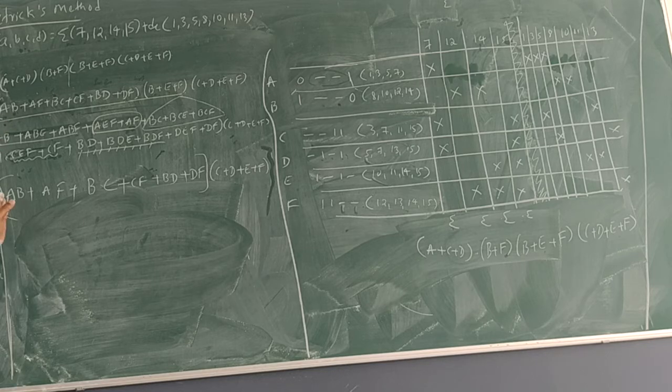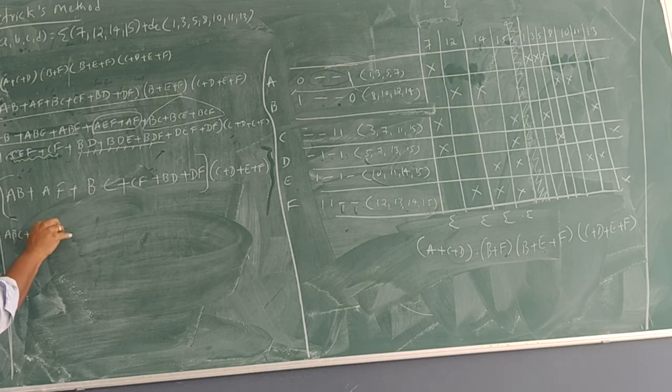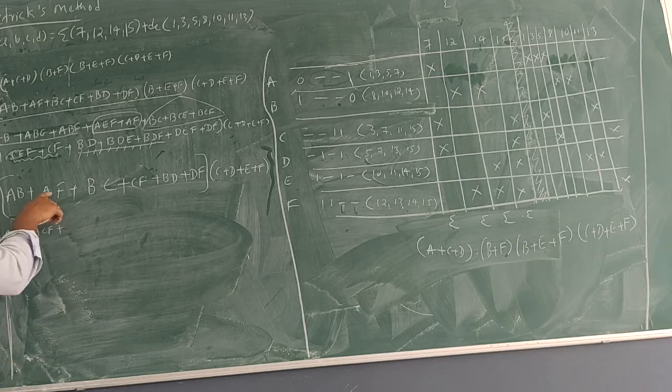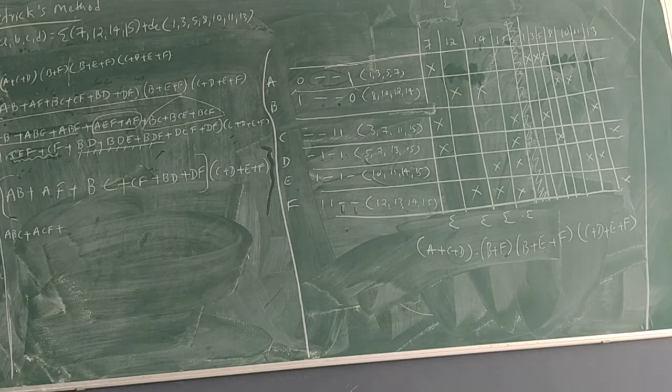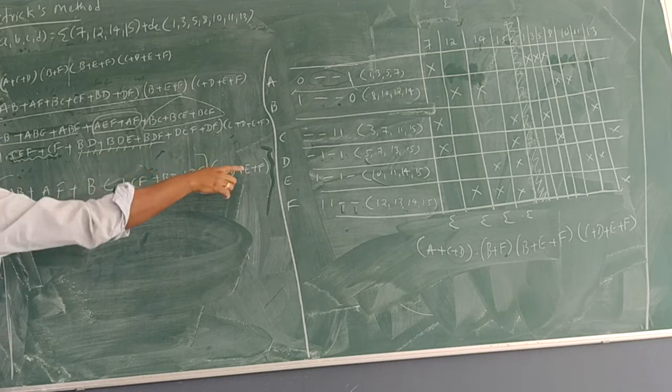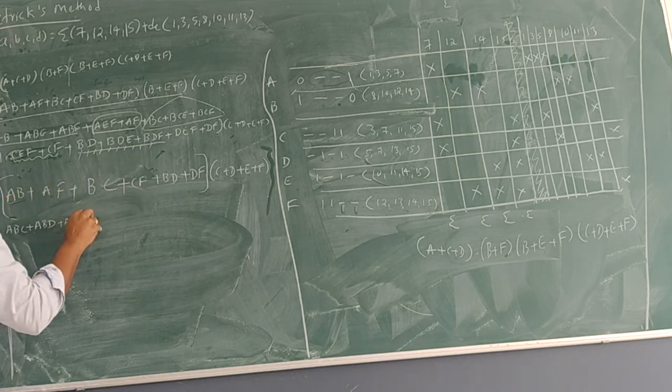Okay, let's go for expansion. First, AB into C. What will we get? ABC. Sorry, I think I have written it in a different way. First one, AB into C, AB into D, AB into E, AB into F,